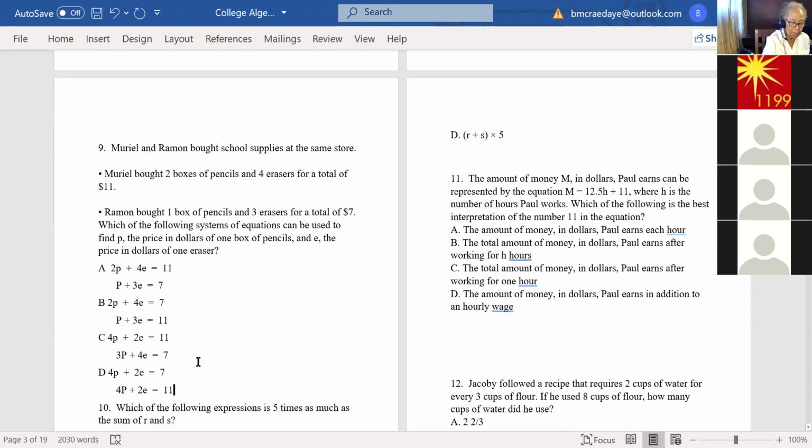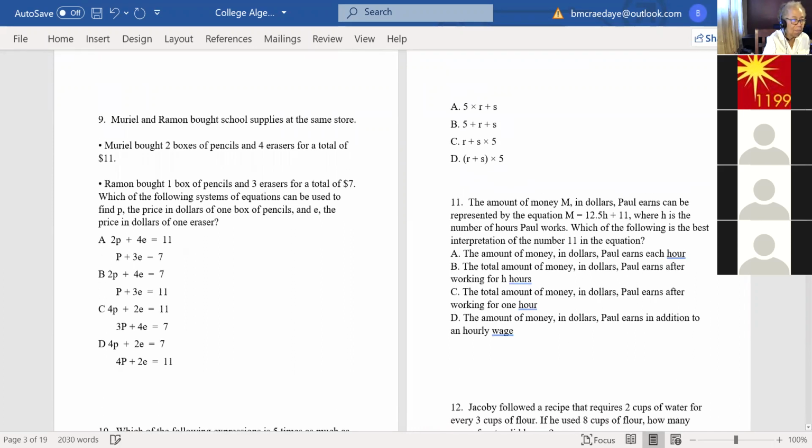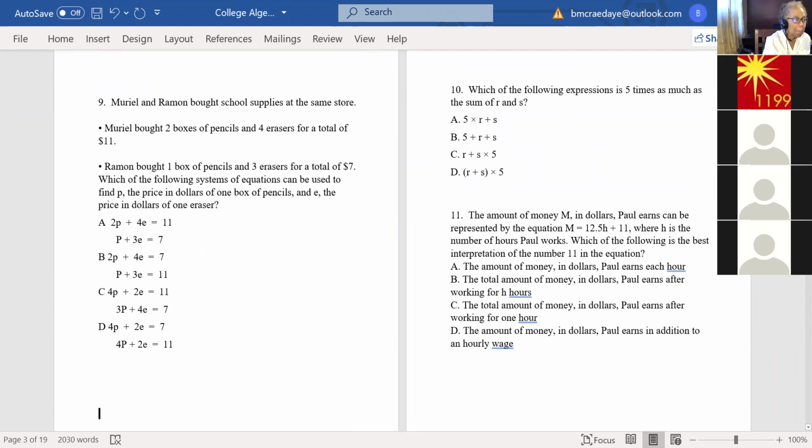Muriel and Raymond bought school supplies at the same store. Muriel bought 2 boxes of pencils and 4 erasers for a total of $11. Raymond bought 1 box of pencils and 3 erasers for a total of $7. Which of the following systems of equations can be used to find P, the price in dollars of 1 box of pencils, and E, the price in dollars of 1 eraser? Okay, so